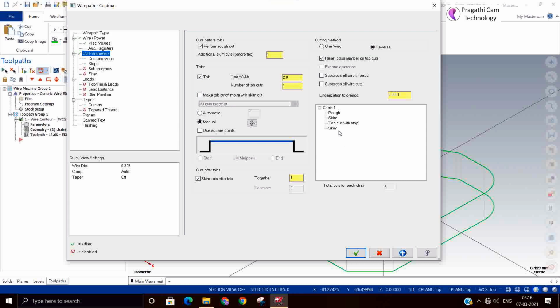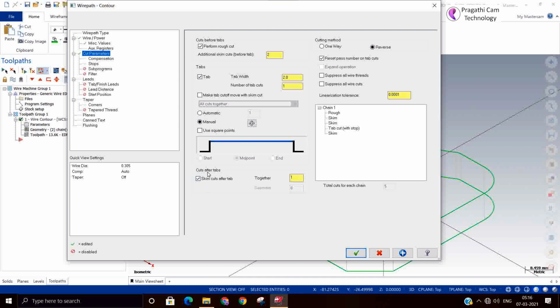Actually this is the bottom one, skim cut already on. This is the place where you can see how the cutting is happening. And if you add two skim cuts, it's added, you see. So in the bottom you can see the final skim cut.